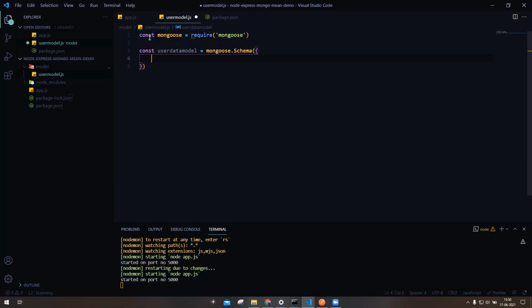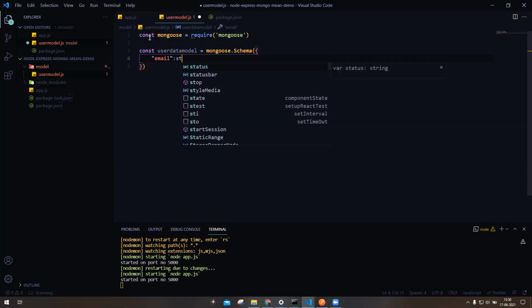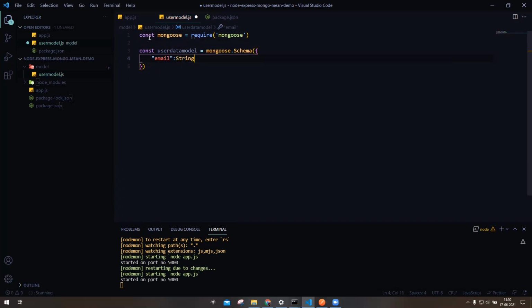We want to save email, so I will write email here, and the email will be of type string. In a similar manner, we want a first name, and it will again be a string.